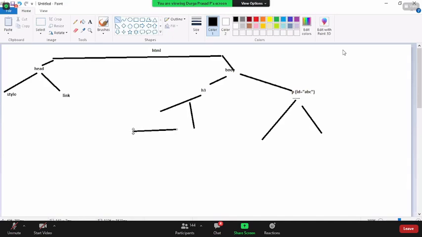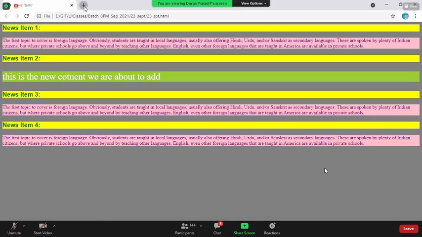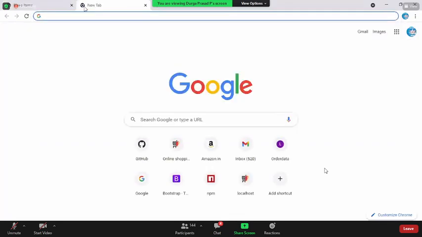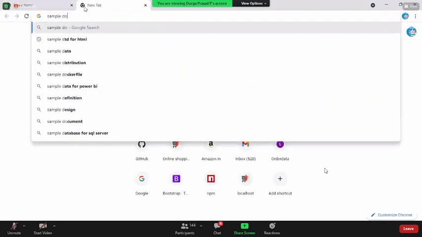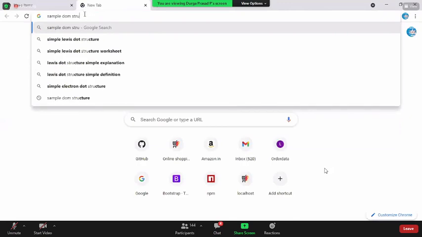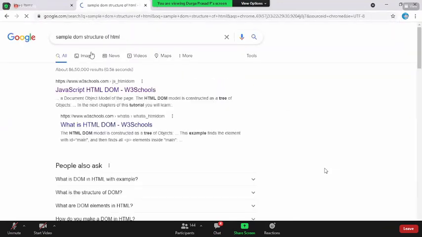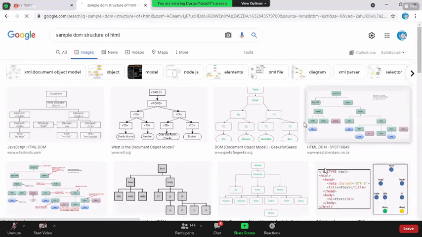So this tree structure of a web page is called the DOM structure. Let me show you a sample DOM structure of HTML.